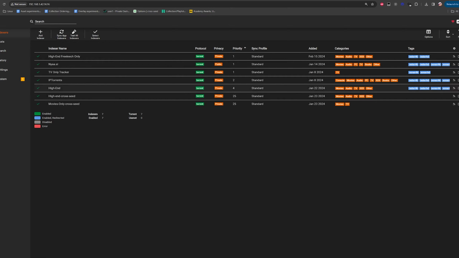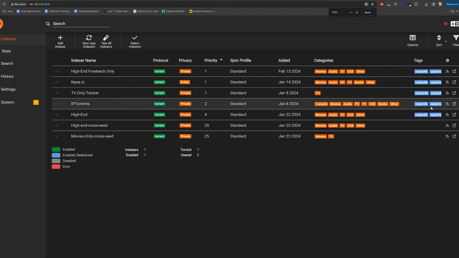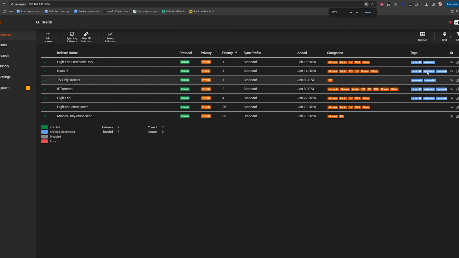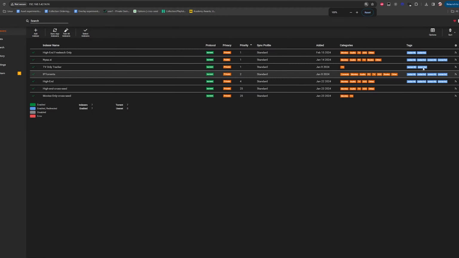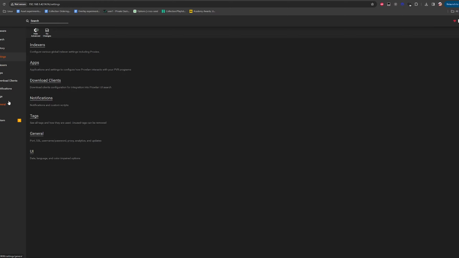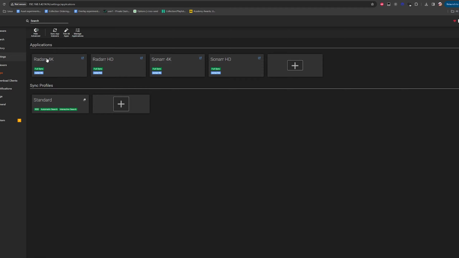Now I want you guys to pay attention to something on the right here. I'm going to zoom in a little bit, but you notice it can kind of mess it up. But if you see here on the right, you can see that there are tags. This is something you're probably going to want to do right away. In terms of settings, apps, notice I have Radarr 4K, Radarr HD, Sonarr 4K, Sonarr HD, and they have tags indicating what the application is. I kept it organized. Sonarr 4K tag means Sonarr 4K.